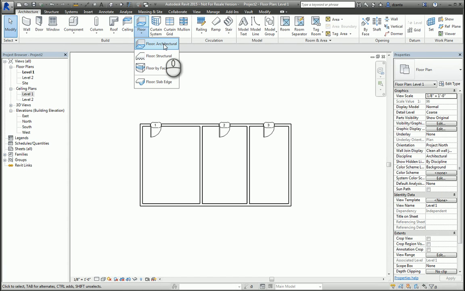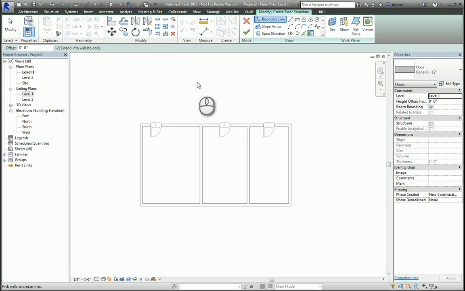Start the command. It goes into sketch mode and it's asking us to create the magenta lines that represent the outside edges of the boundary of the floor. What kind of floor are we working with? We can go to the type selector and pick what we need. For example, lightweight concrete on metal deck. Once we have the type of floor we want selected, we can go through and we can just place these